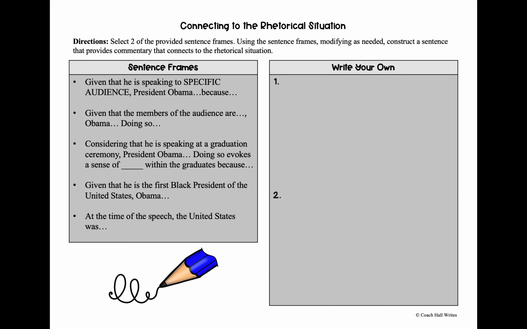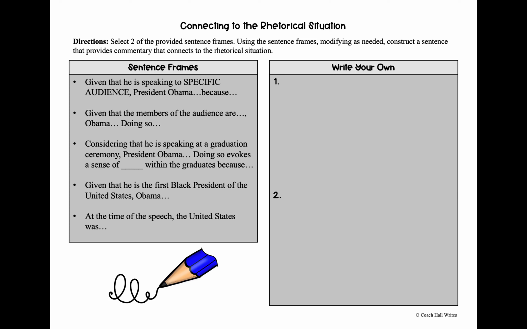I've used sentence frames with my students for the past several years. Sentence frames are basically sentences that are a starter sentence, and you have to plug in your own original ideas. I like using sentence frames with students because it helps them learn to vary their syntax, and also it helps students get started. Sometimes students have great ideas, they just struggle to get them out on paper. So let me talk you through these particular sentence frames so that you can complete this activity. The goal here is to use the provided sentence frames to write 2 sentences of your own. It's okay to modify the sentences as needed, but the idea is to make sure that you're referencing something about the rhetorical situation in the sentence that you write.